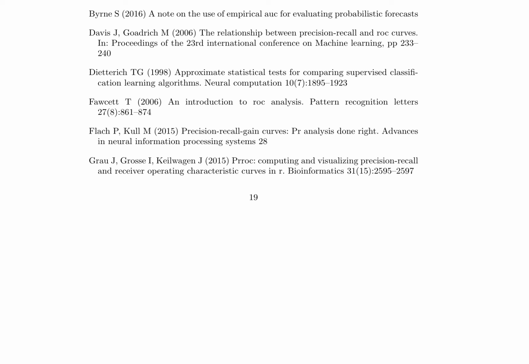The AUPRC's advantage was limited to excellent models with an outcome prevalence of 20% or less. This suggests that the AUPRC is not robust across all sample sizes and outcome prevalence levels, and its performance may be influenced by the specific characteristics of the data. The results have implications for the use of the AUPRC as a performance metric in real-world applications, particularly in scenarios where the outcome prevalence is high or the sample size is small. Future work may focus on exploring alternative metrics that can provide more robust performance across varying conditions.